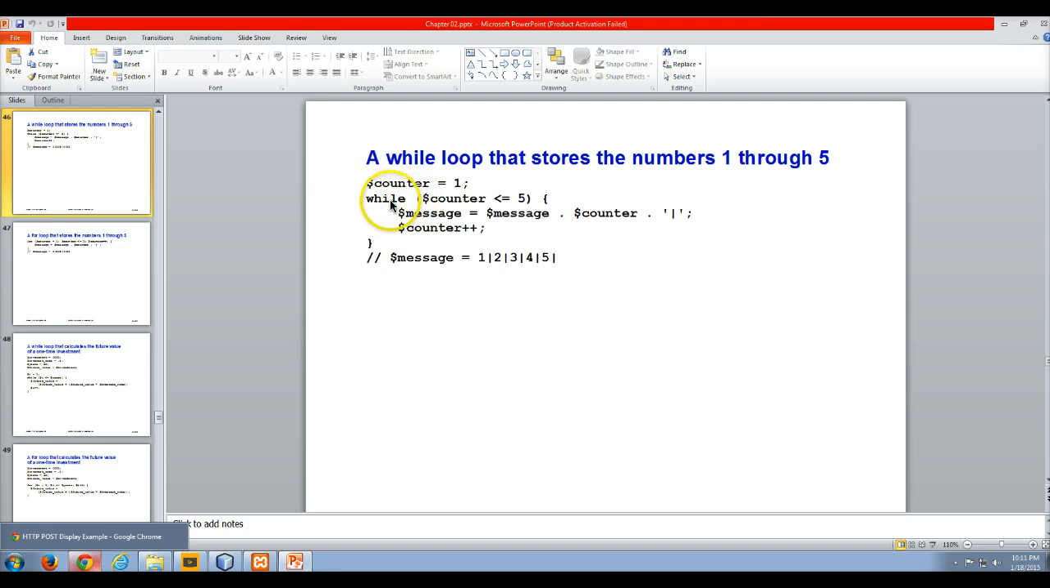The while loop simply consists of the word while. We open a parentheses and we test a condition, very similar to what we did with if statements. So we're going to test this condition. If this condition is true, then just like with an if statement, the code in between the curly braces gets